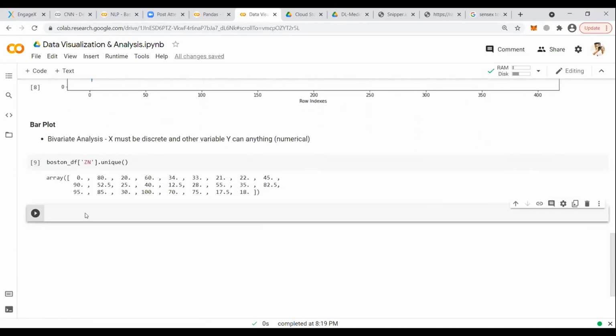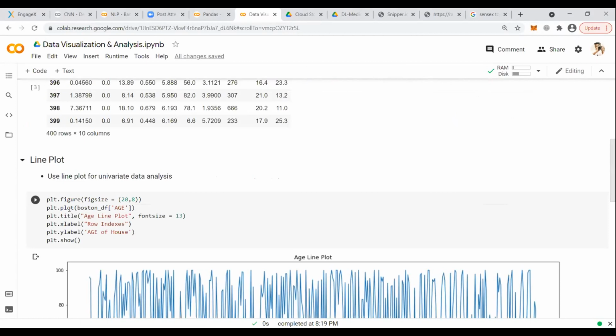Let's take the plot now. Let's just do the plotting. For plotting, we need to modify just one line. Actually, this is the only line that is affecting your plot.